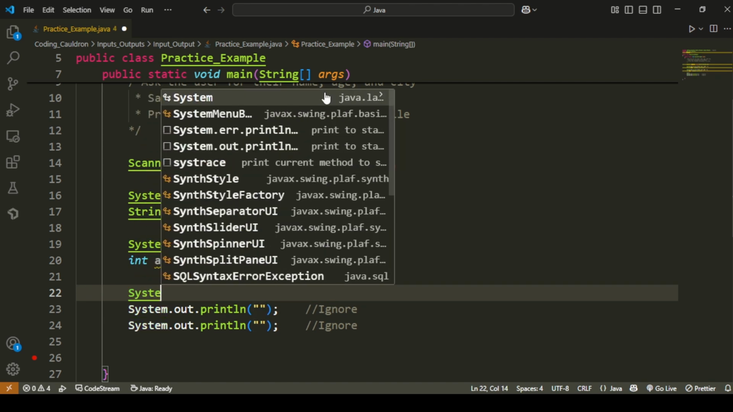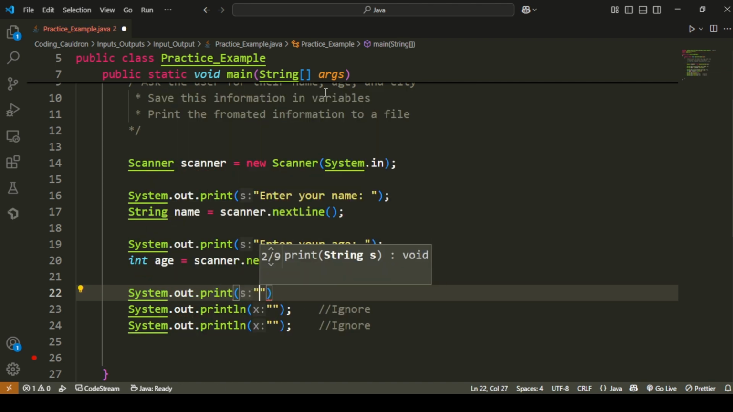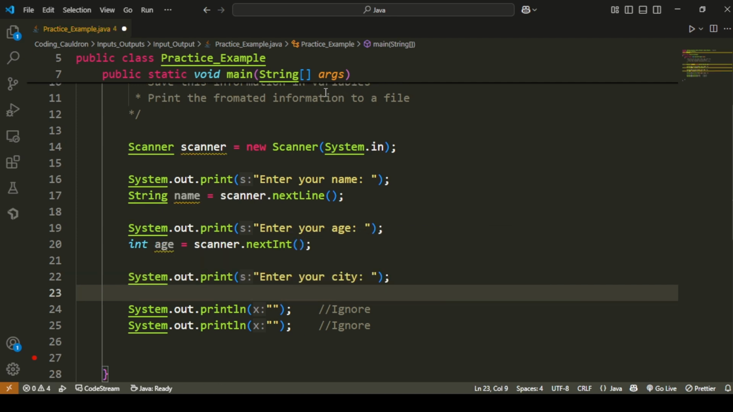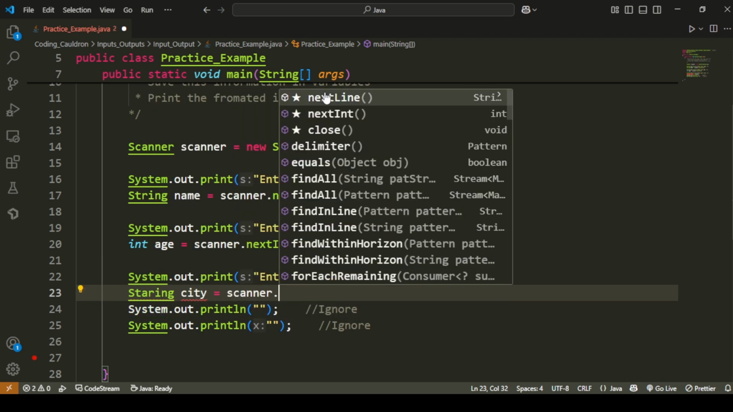Finally, I'm going to ask the user for the city. So system.out.print, and I will say something like enter your city. And again, we're going to create a variable of type String. We're going to call it city, and we're going to read it with our scanner object and the nextLine